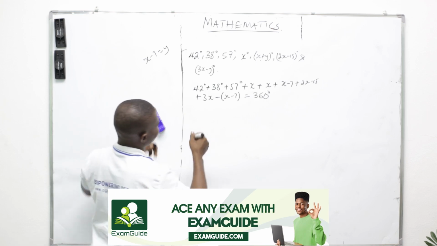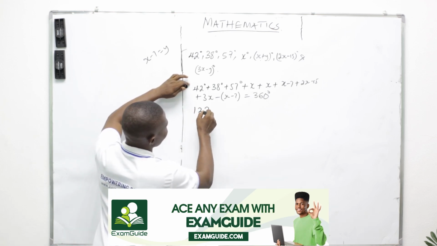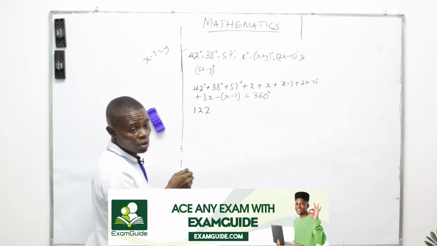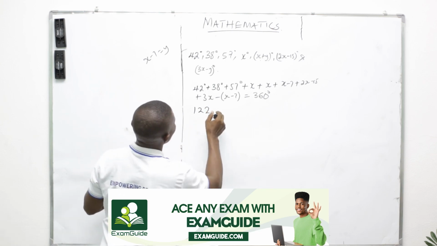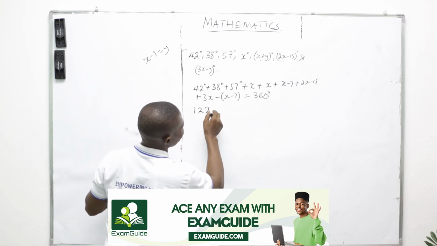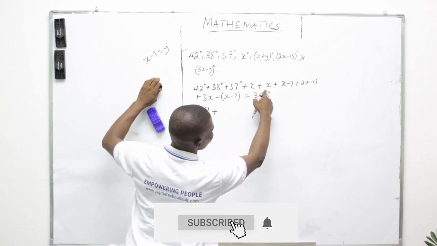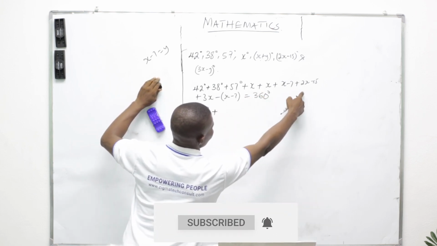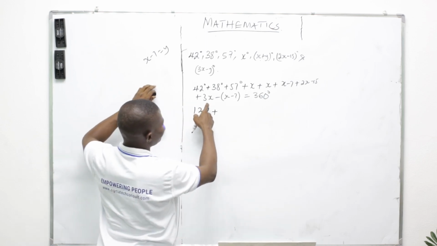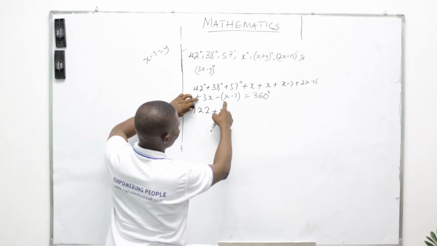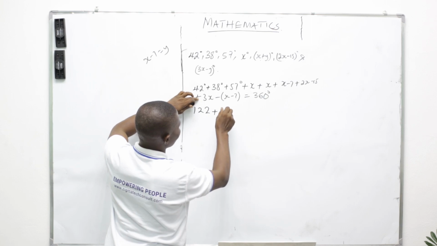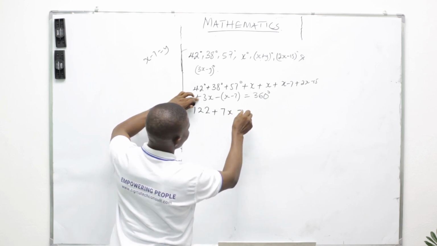Okay, 122 plus. How many s? 1, 2, 3, 5, 8 minus 1, that is 7s equals